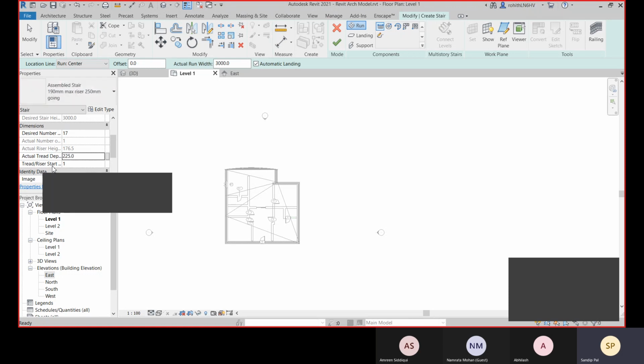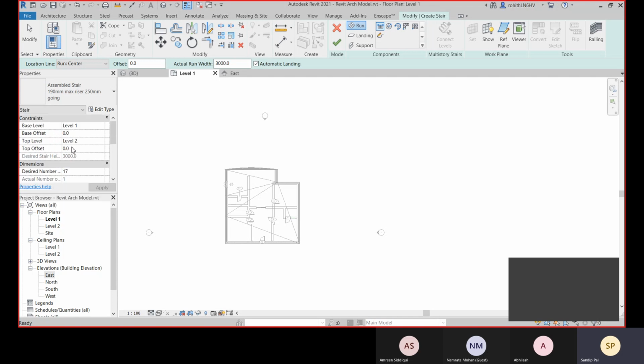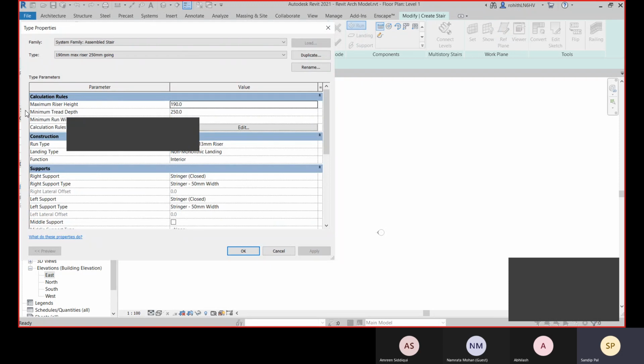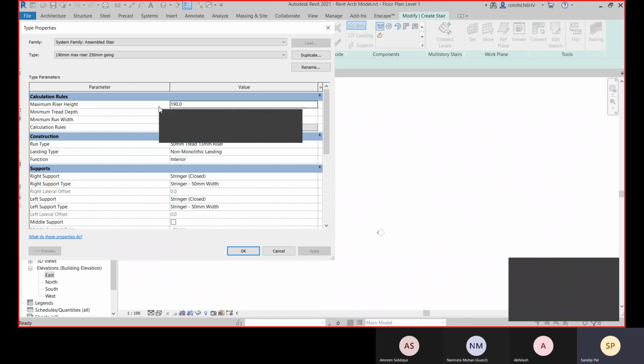All right, so here you can see the number. The start number is 1, which is absolutely fine, nothing to change. If you go to its edit type, there you can mention the maximum riser height. It cannot go beyond this value, so you have set 190 as the maximum value.